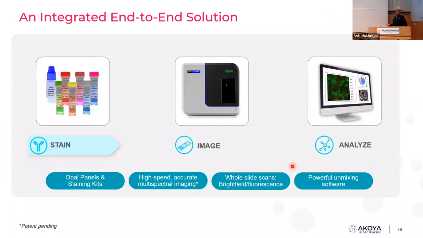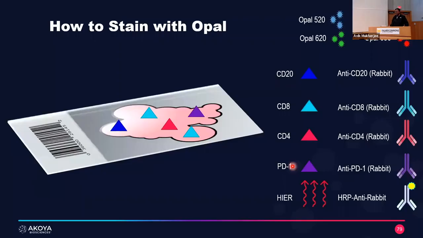The PhenoImager HT, which was called Vectra Polaris before, also has an end-to-end solution. You start with the staining with opals, then you do the imaging with the HT, and then you do the analysis using the inForm machine learning software. Here, the staining is done offline, manually, or you're using an auto stainer where you do an iterative